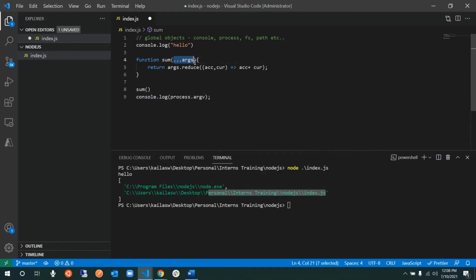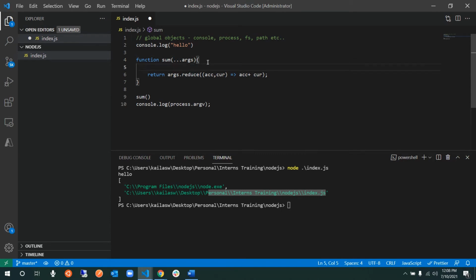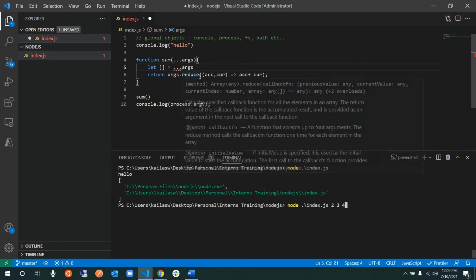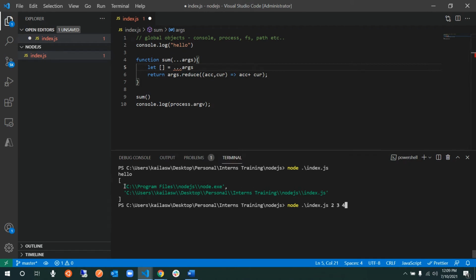The next thing I want to do is use sum along with these arguments. You have to skip the first two, right? If I want to run node index.js 2 3 4 and add these, then I cannot simply use arguments.reduce, because in the first two indexes it is giving these two values, and I cannot sum them.